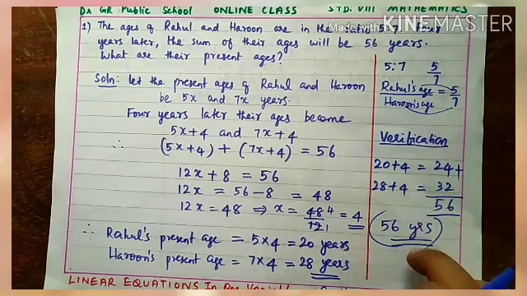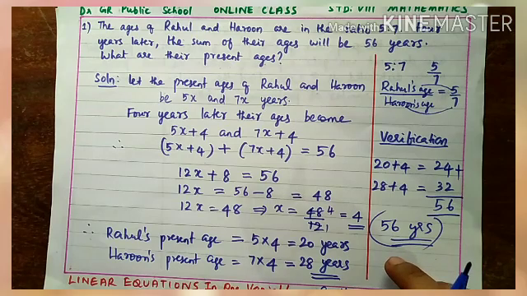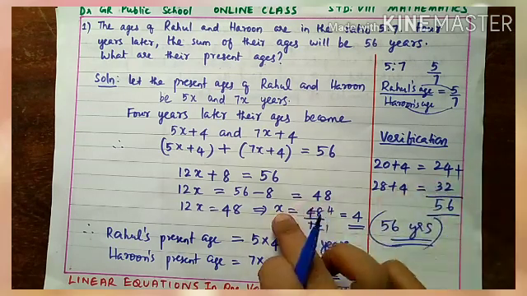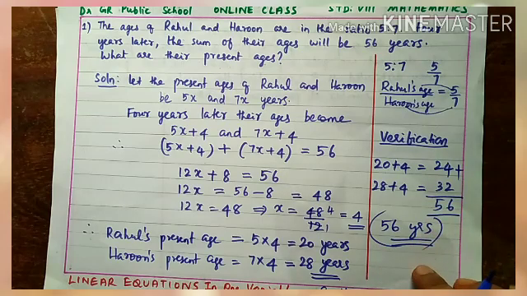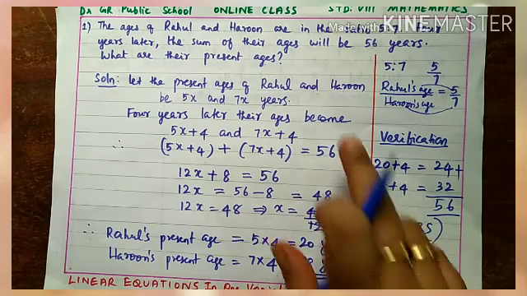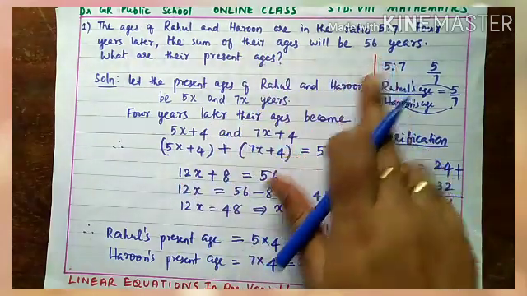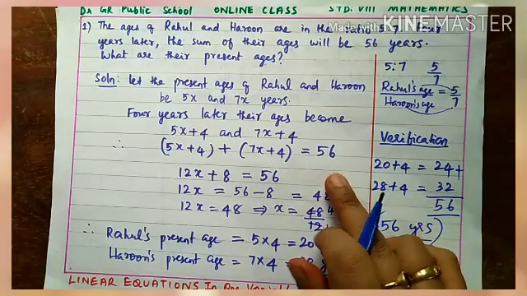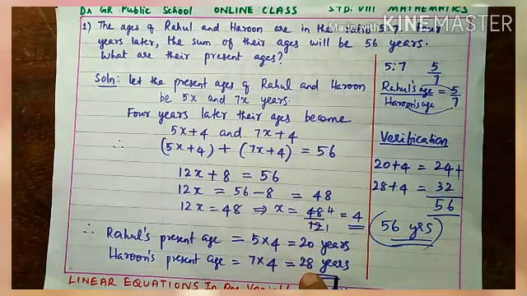So this way you can verify your answer if you get time during the examination. Okay, it is not needed to write in the answer part, you just do it in the working column so that your answer is confirmed. So this way we are finding the ages of Rahul and Harun. Hope all of you understood. Okay, it's a very simple problem. You understood the concept of the question, created the equation properly, and did the simplification properly. Okay, so now we are going to the next question.